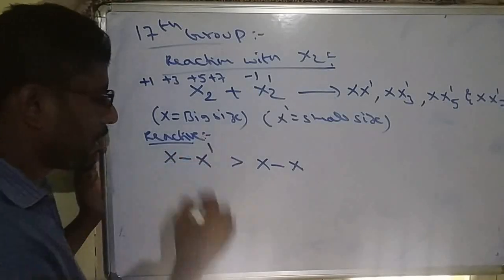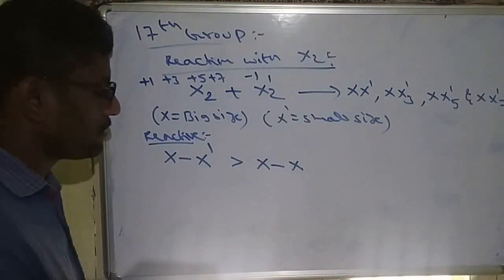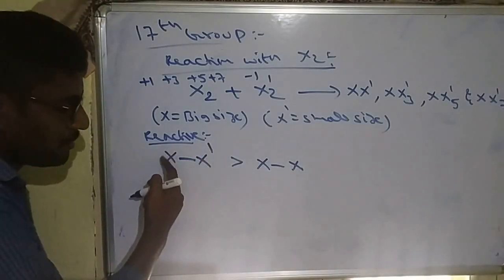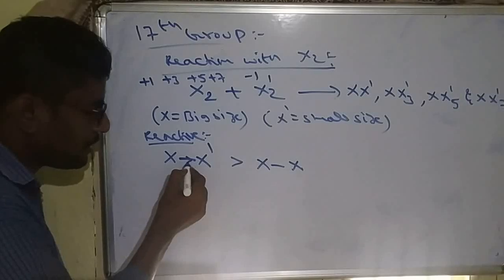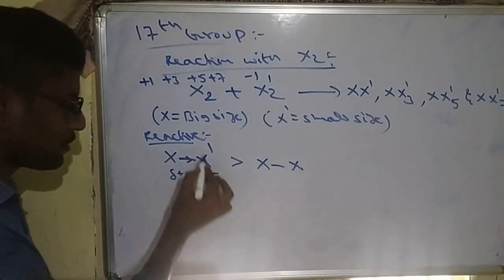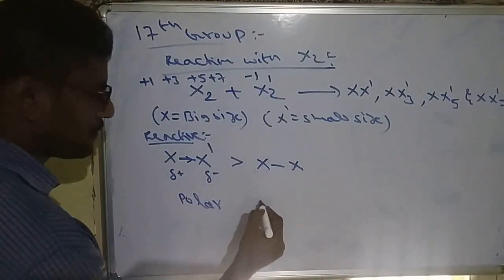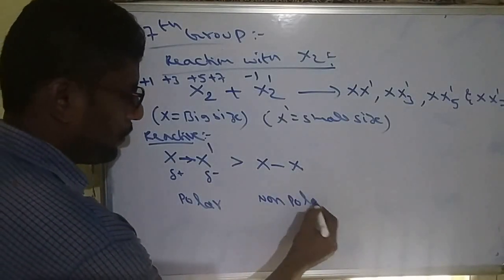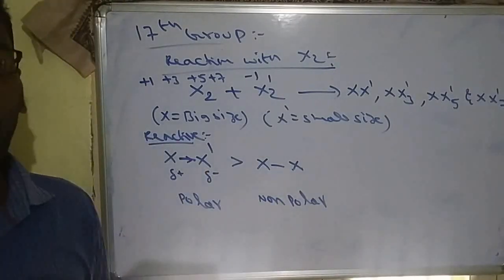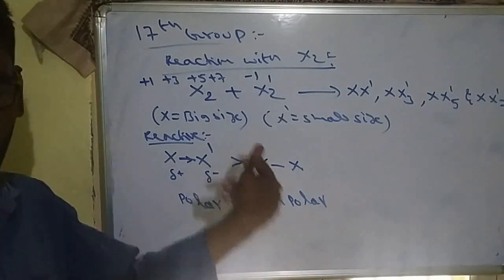Among these two, interhalogens are highly reactive. In the reactivity order, interhalogens are more reactive than the pure halogens. Why? Because here one is more electronegative and one is less electronegative, so the bond will be shifted towards the more electronegative one, giving partial negative and partial positive. So this is polar in nature. In halogens both are the same, so that will be non-polar. So interhalogens are polar. That's why they are highly reactive when compared with non-polar pure halogen molecules.